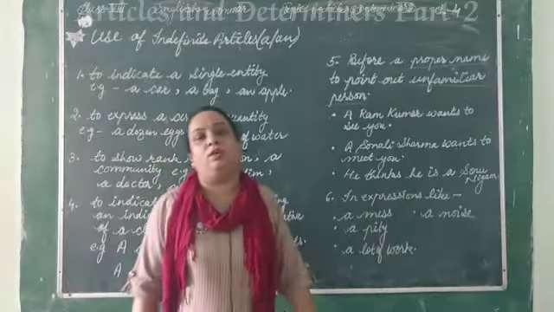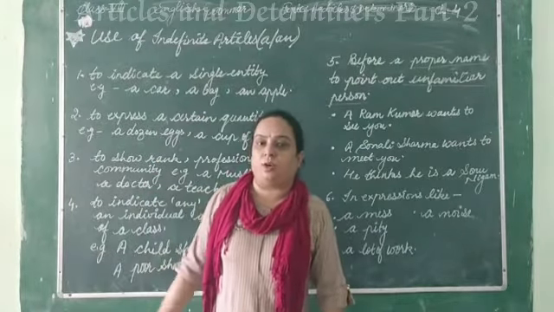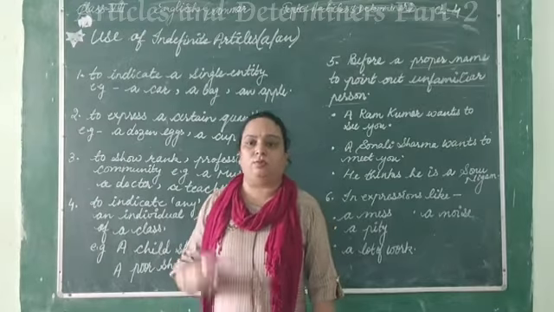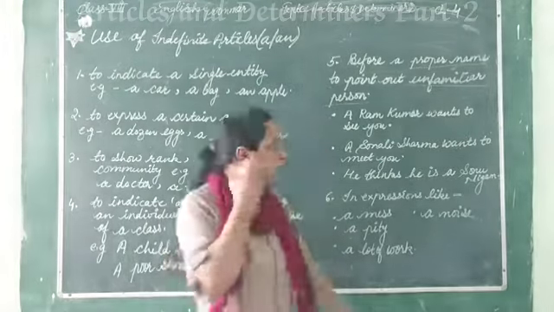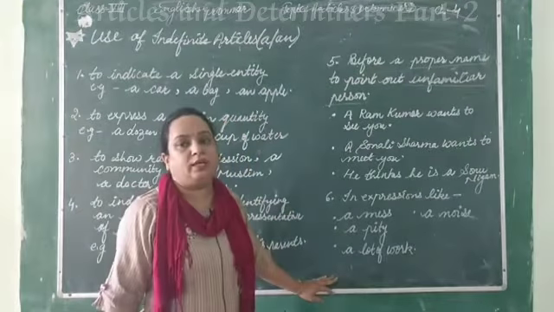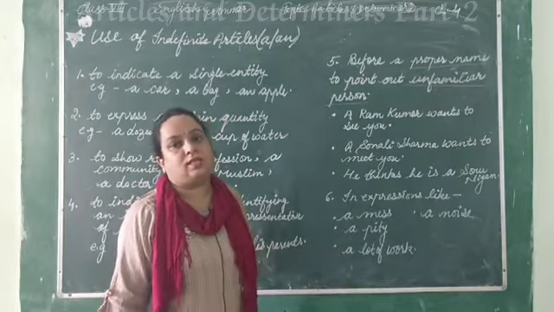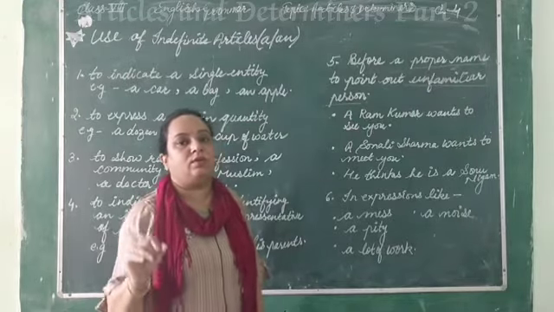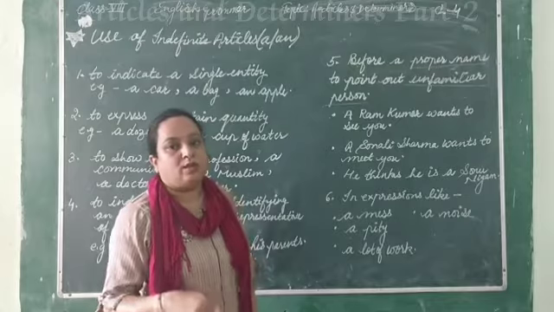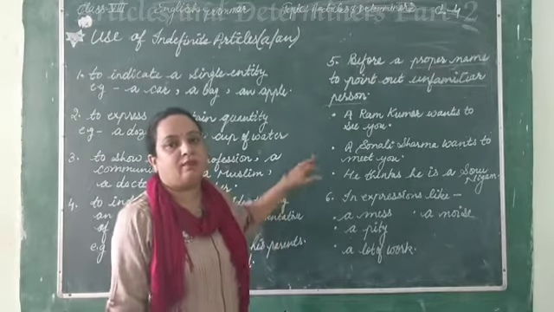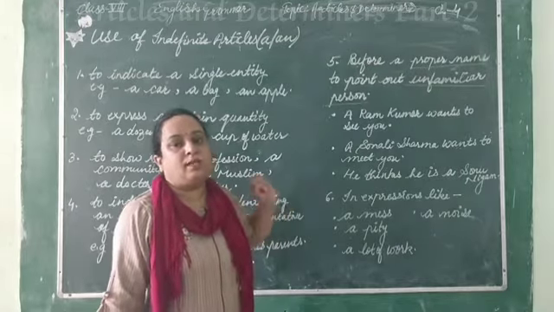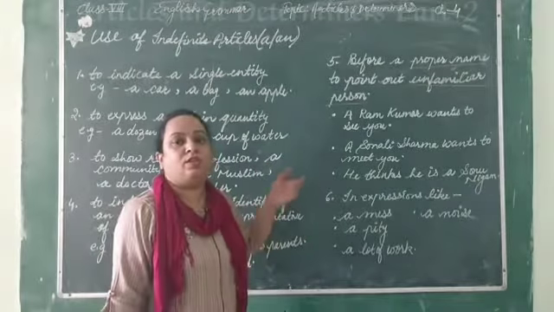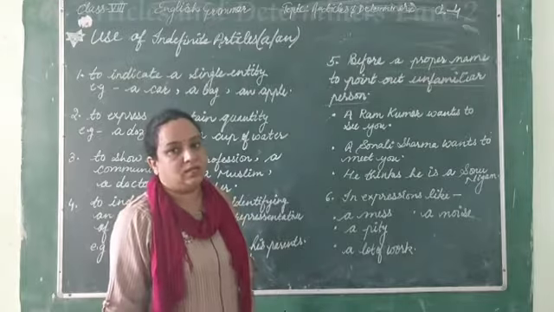One exercise is also given here after this topic on I think first or second page of your chapter where it is getting started. So please try to do that exercise. The exercise says that you have to insert a and an wherever it is required, right? So you have to fix the indefinite articles in that exercise. Please try to solve that exercise, and in our next video we will meet with use of definite articles.